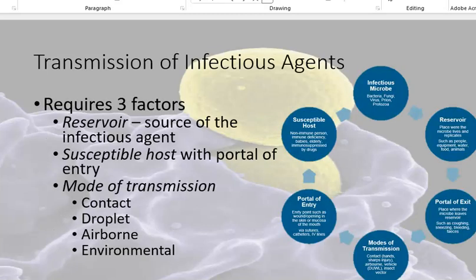So now we're just going to do an overview of transmission of infectious agents. Transmission requires 3 factors. Your reservoir, which is a source of infectious agent, can be people, animals, insects, water, soil, surfaces, or a carrier, which harbors an infectious agent without the active disease. A susceptible host with portal of entry. The immunity status determines the